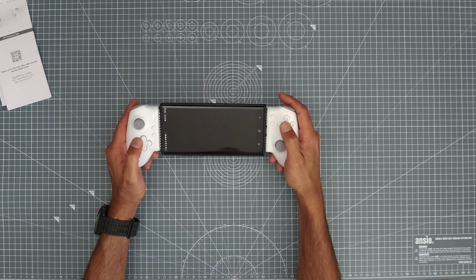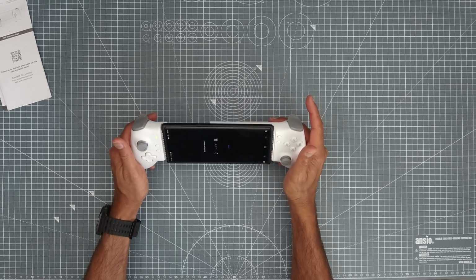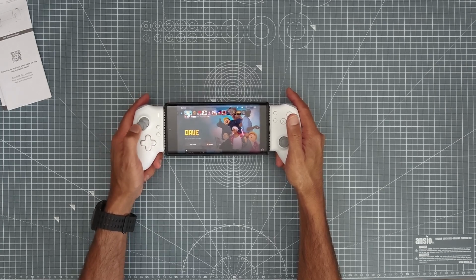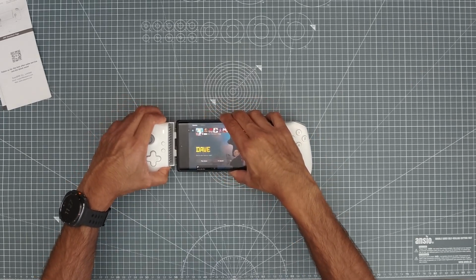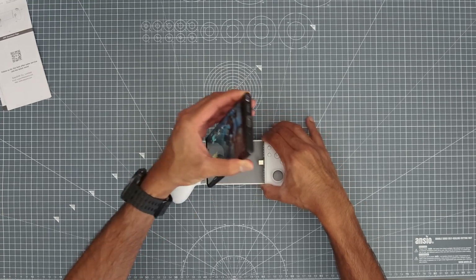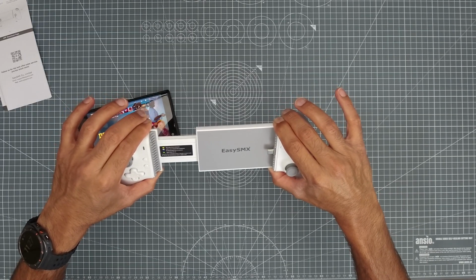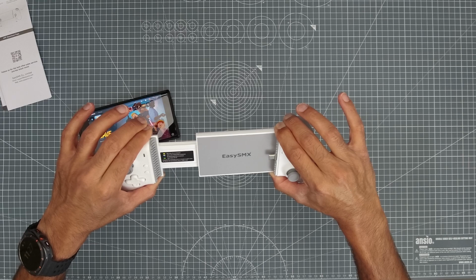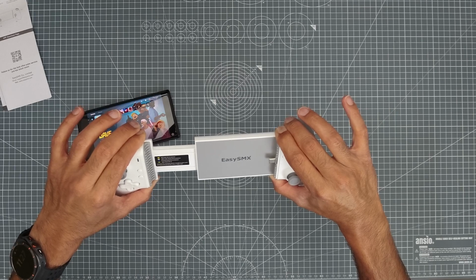Let's go to PlayStation remote play again. I don't expect this to work because they don't claim it works, so if it does, it's just a bonus. If it doesn't, no problem. It doesn't actually work there, right? What I might try and do, just for the sake of it, I might try and just switch mode quickly, right? So I'm going to pop that out. I might have to start this again. So HID mode is the mode it was in, yellow mode. I'm going to switch it to a Xbox mode, X input, which probably is a terrible idea, but let's try it anyway. And to switch mode,